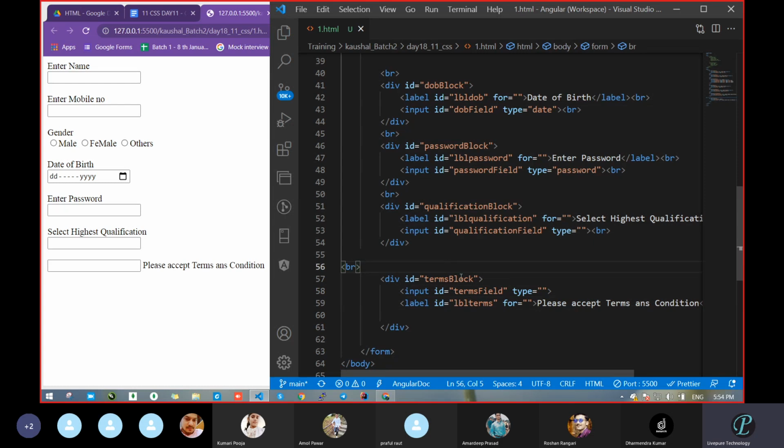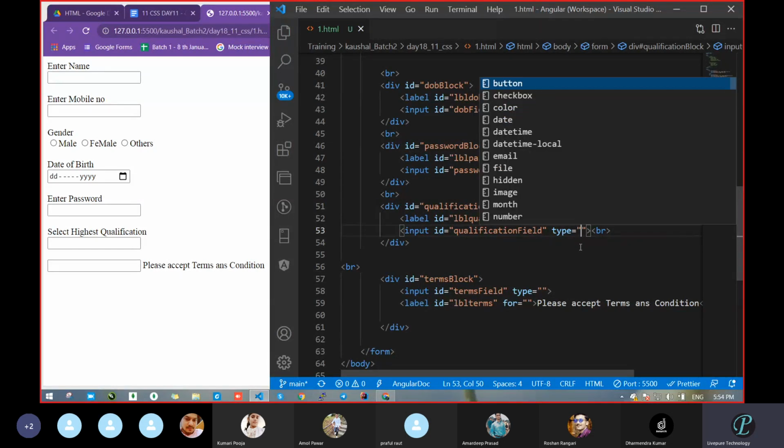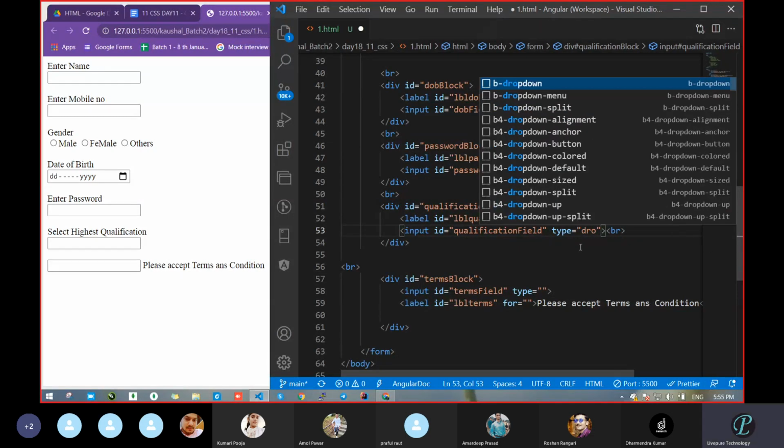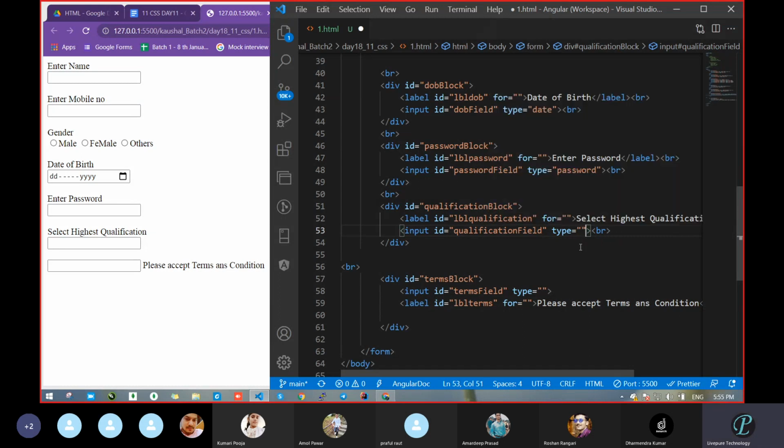Let's see. So what have we done? That highest qualification, what will you take? That will be a drop down. Fine, so we will take the drop down. Is there any input type equal to drop down? No, that is not. So how can we take a drop down?